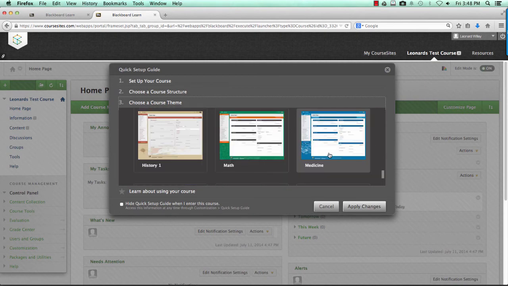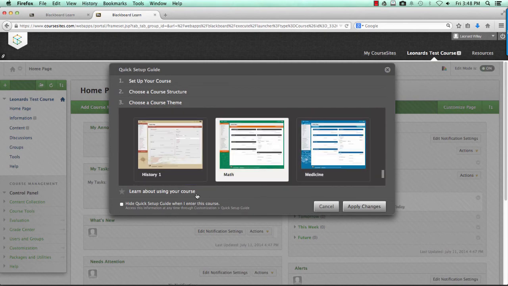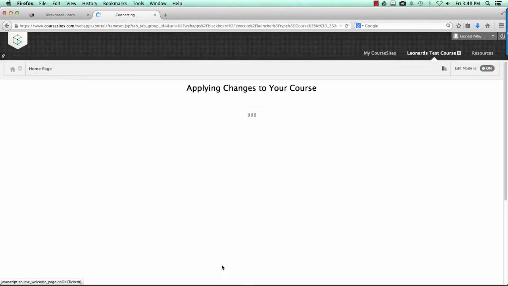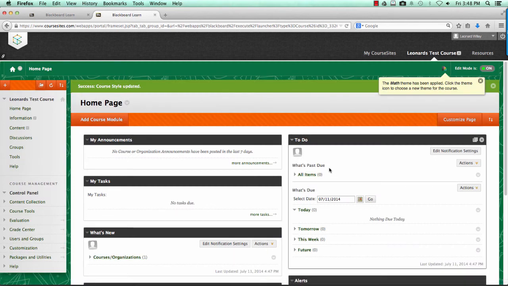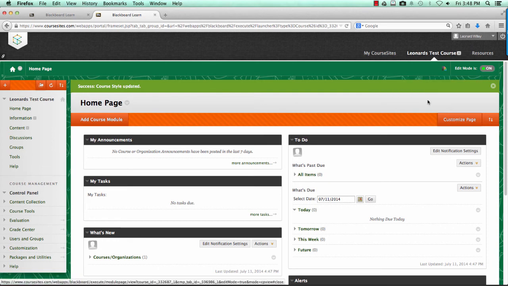Let's get something a bit visual. We'll pick math, and then apply changes. And you can see now that here is a course with all the default layout in it. It has the theme that I applied, the math theme, and you're good to go. You're an instructor. Now, to edit or to add things in here, in the top right, you can see this box where